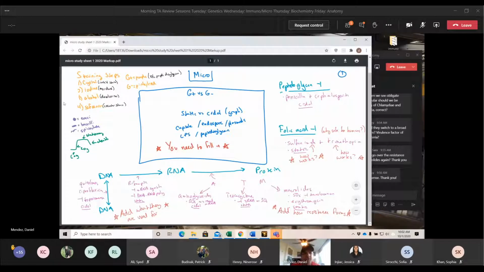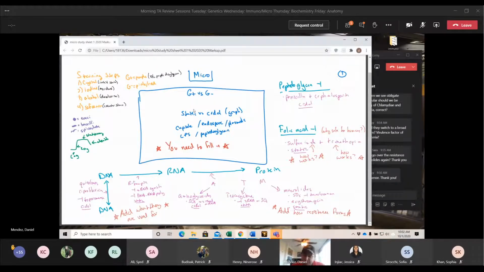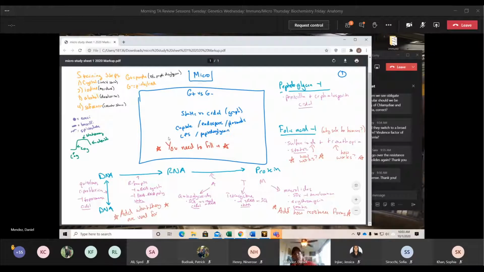So here, if we were to turn that entire lecture into one study sheet, this is what I would have done. I would have put our staining techniques over here on the top left, and put down what they actually do, the different stains, and what the result will look like. I put the shapes of the bacteria and the bacterial growth curve. In the middle, I would have filled up this entire section with all the information regarding the capsule, the LPS, the differences between positive and negative, the different factors that we see with the nucleoid, with plasmids, things like that. And then I would have filled the entire perimeter with the antibiotics. So that's all the information in just one sheet.